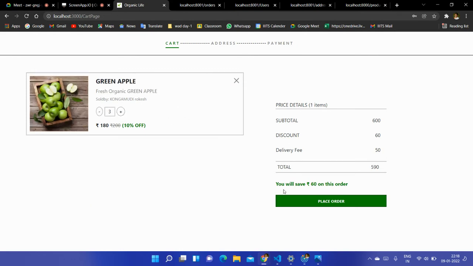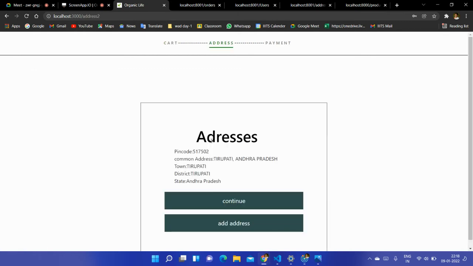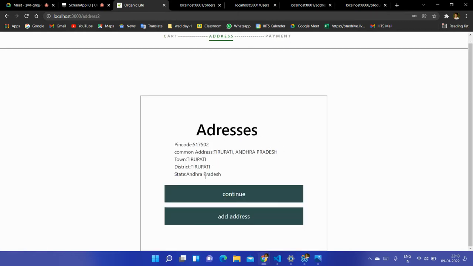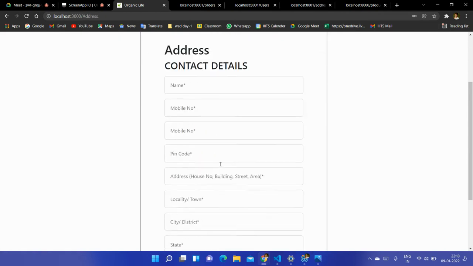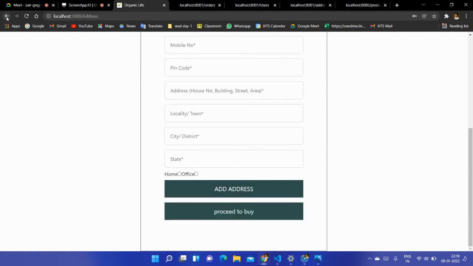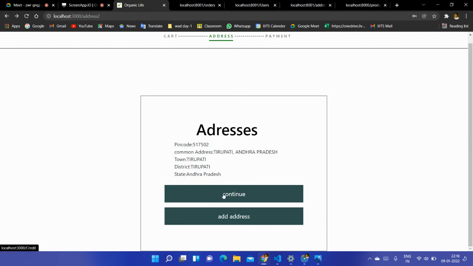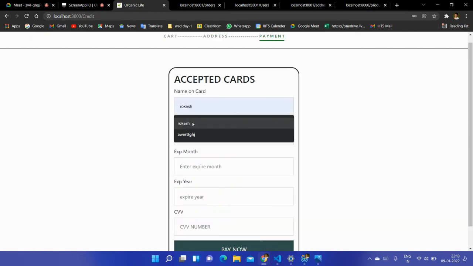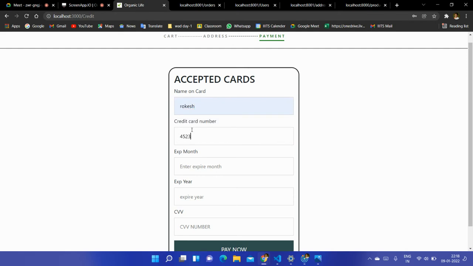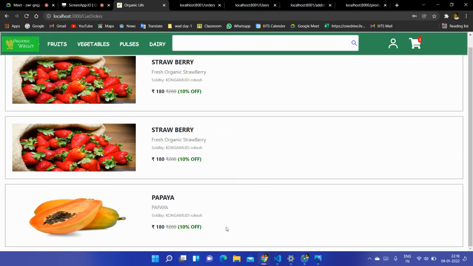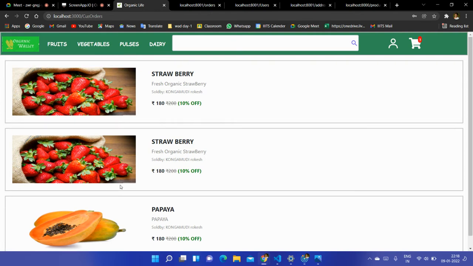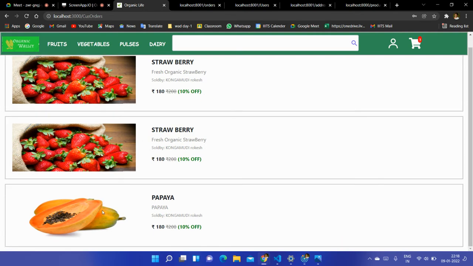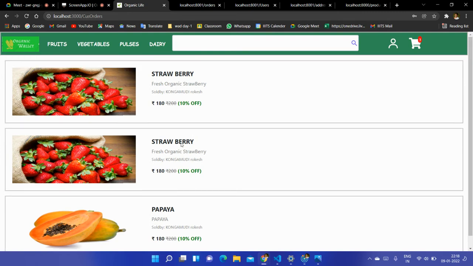You can directly place an order from here. If a saved address is there for the particular user, that address will be shown. If you want to change it, you can add another address by removing this address. And if you want to continue with this address, you can continue with it. Once the payment is finished, that particular product will be added to your orders, and in the admin itself, and it also reflects to the particular seller who is selling that product. These are the products ordered by the user who is logged in. This will change according to the user who is logging into the website at that time.